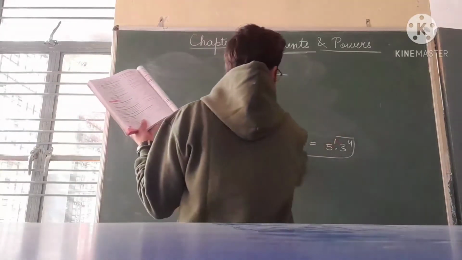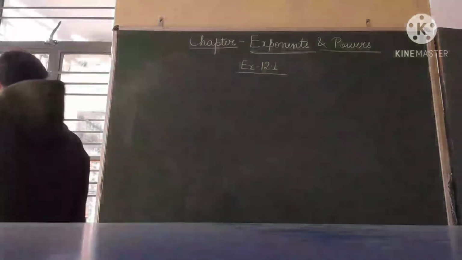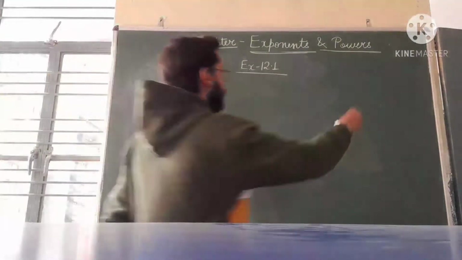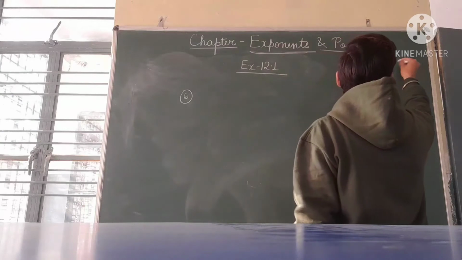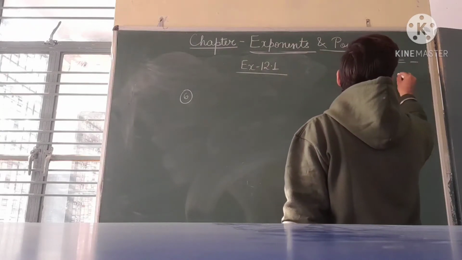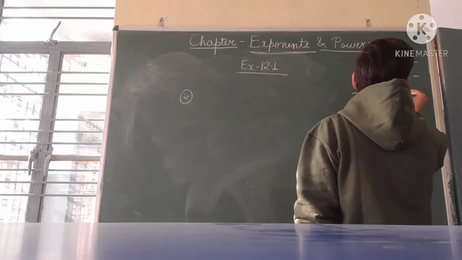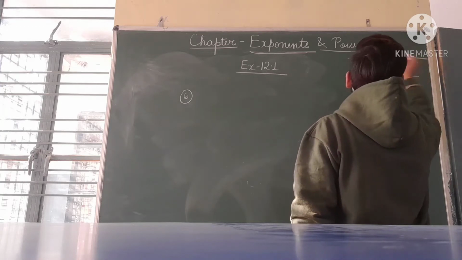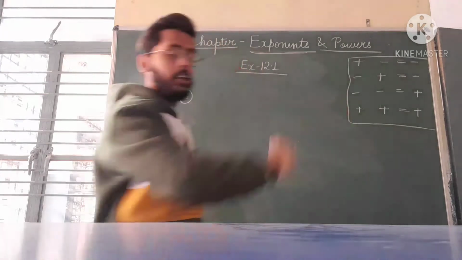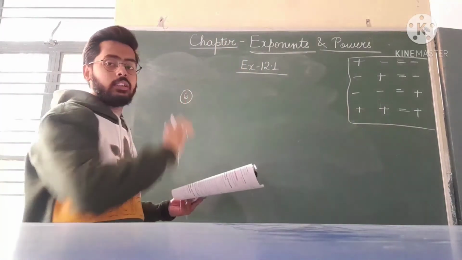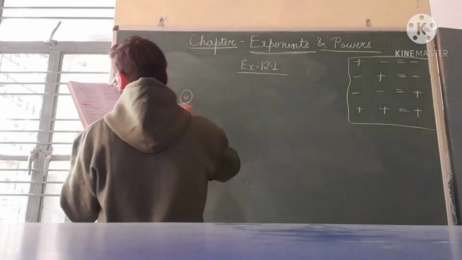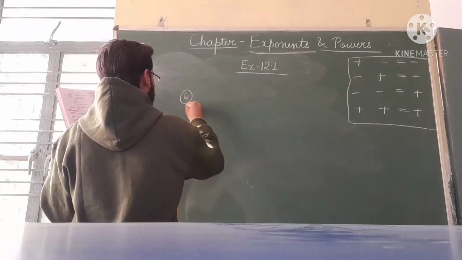Okay students? Clear? Now, fifth question, we have to simply simplify. I have told you the sign indication: plus minus gives minus, minus plus gives minus, minus minus gives plus, and plus plus gives plus. Just revise these formulas again, and by revising them you can easily do the simplification questions. You can see the exercise, question number G, for example.